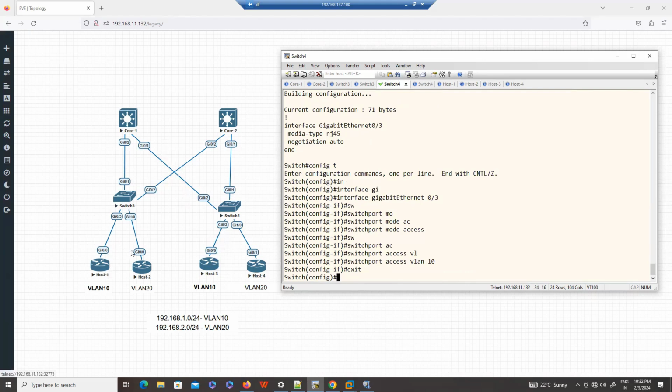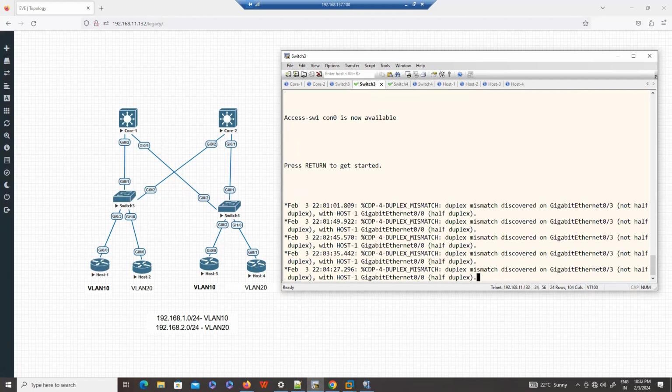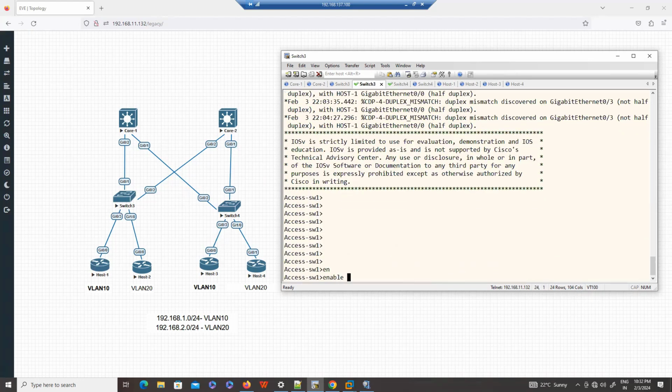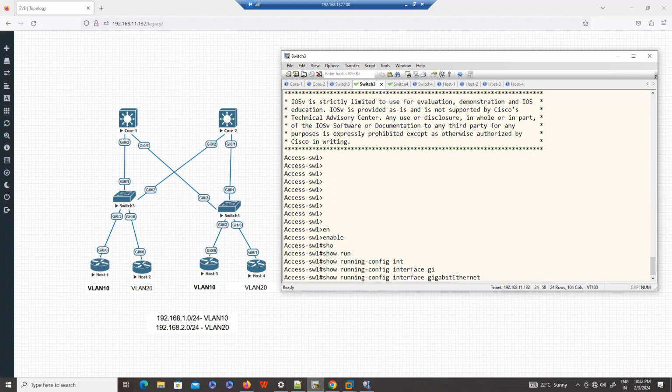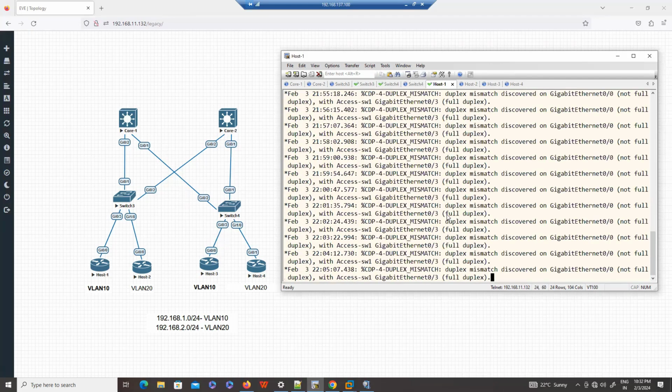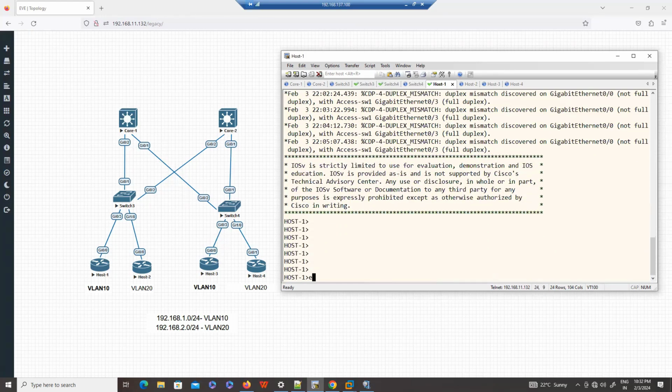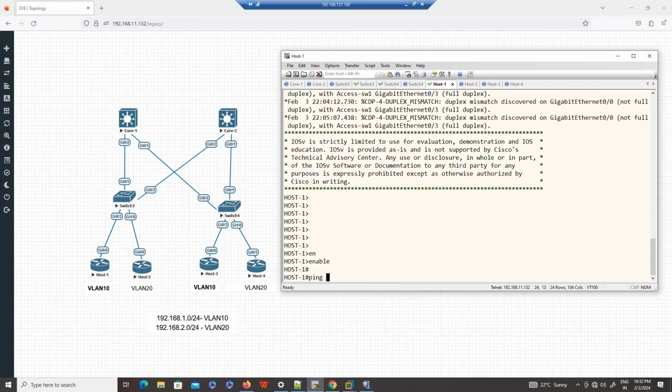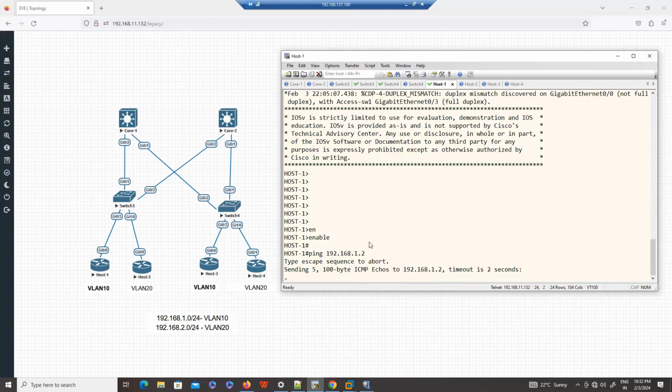Then on the other host, which is connected to switch 3 port number 3, let me see the configuration. Show run interface gigabit 0/3. It has the same configuration. Normally this is the configuration we do for an end machine. And if we see the connectivity from host 1, ping 192.168.1.2, we should have reachability if the devices have properly configured IP addresses. And if they don't,